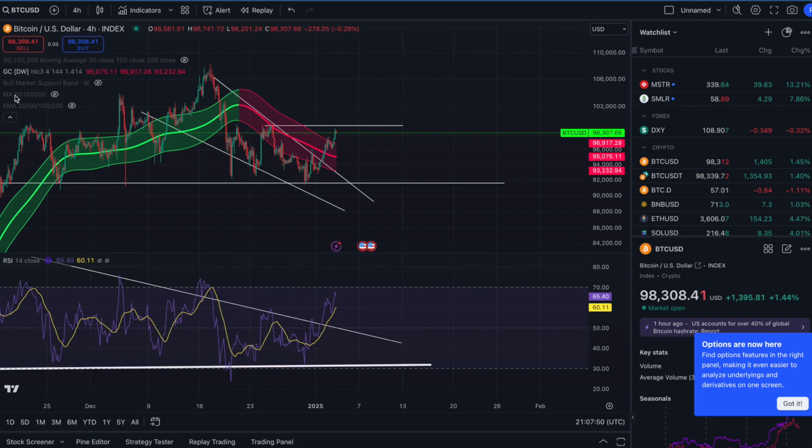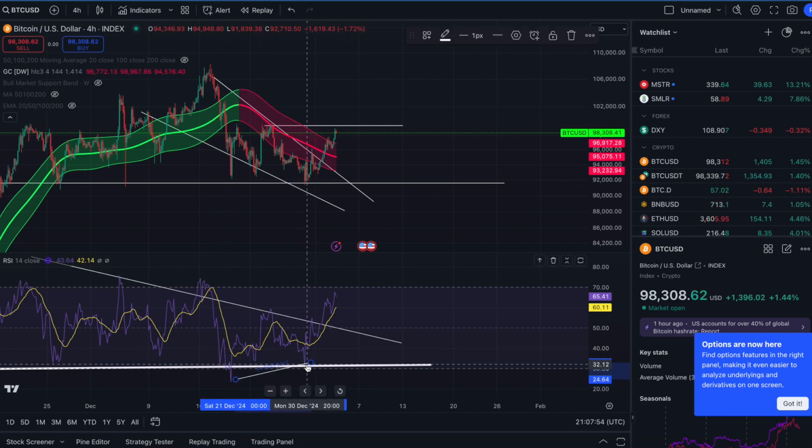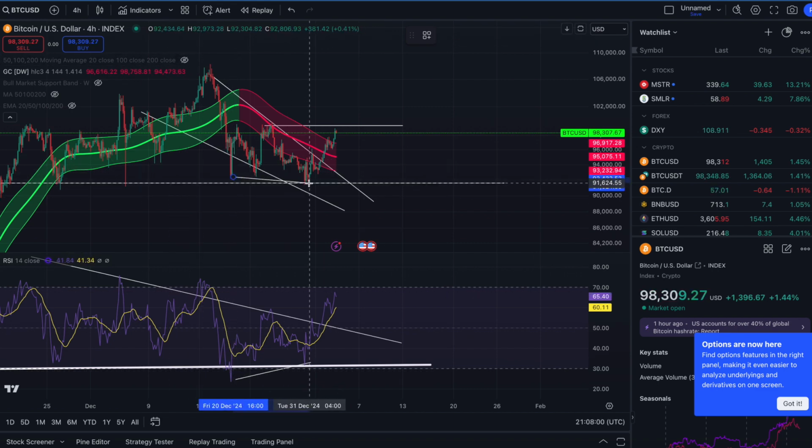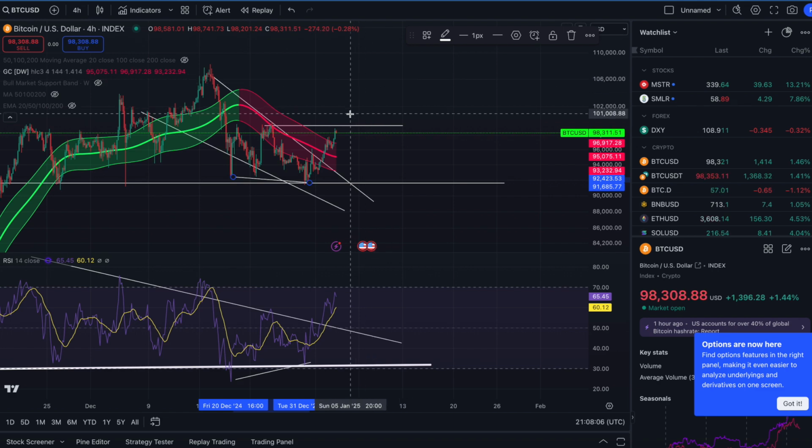And we've seen the same divergence here on the lows. We put a higher high in the RSI, but as far as the price action was, we put a lower high in, so that indicates that there's a divergence, a bullish divergence, and the price is going to come back up to the upside. So how high are we going to go?